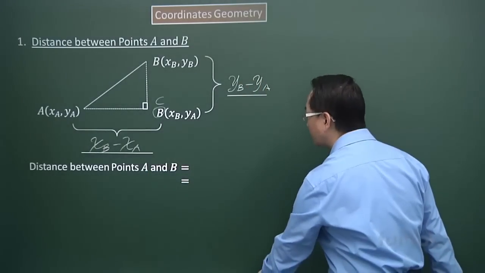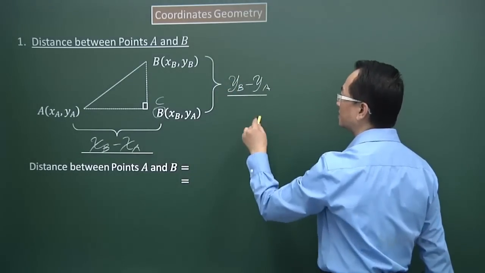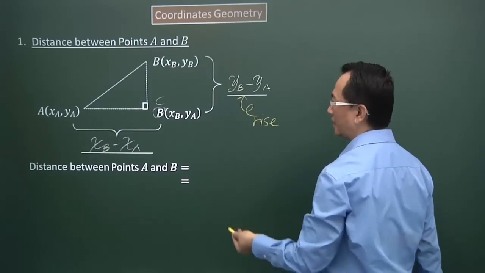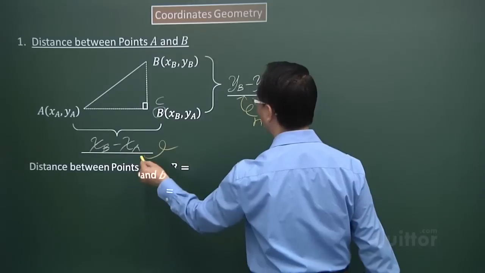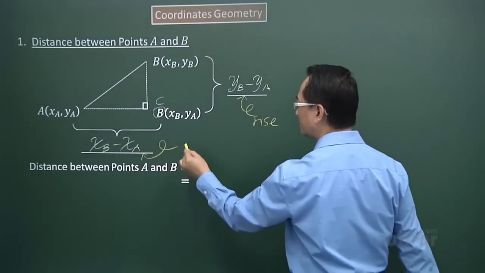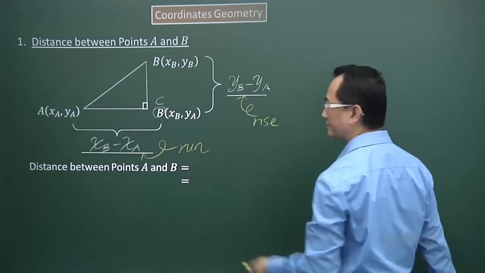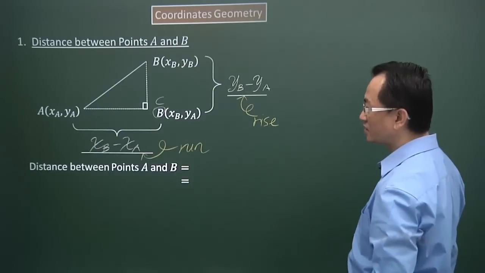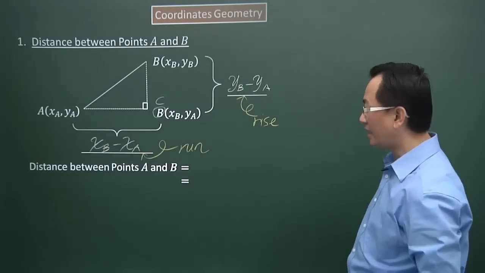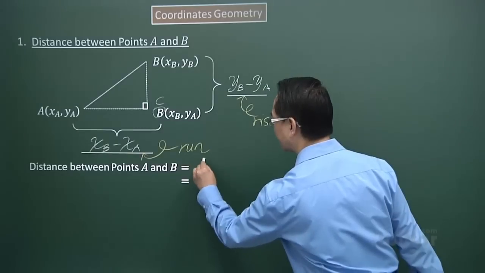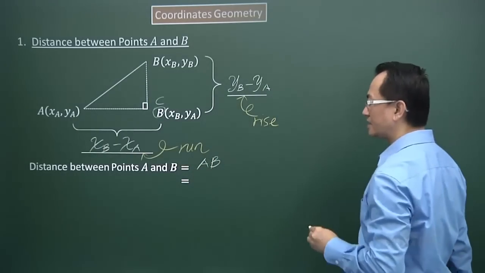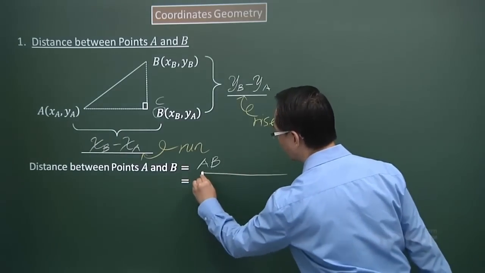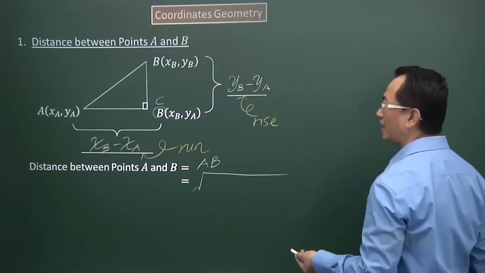So other names given to the vertical distance: rise. Other name given for the horizontal distance: run. So if I'm looking for the distance between points A and B, the short of it is distance AB. And the distance formula we're using for AB would be